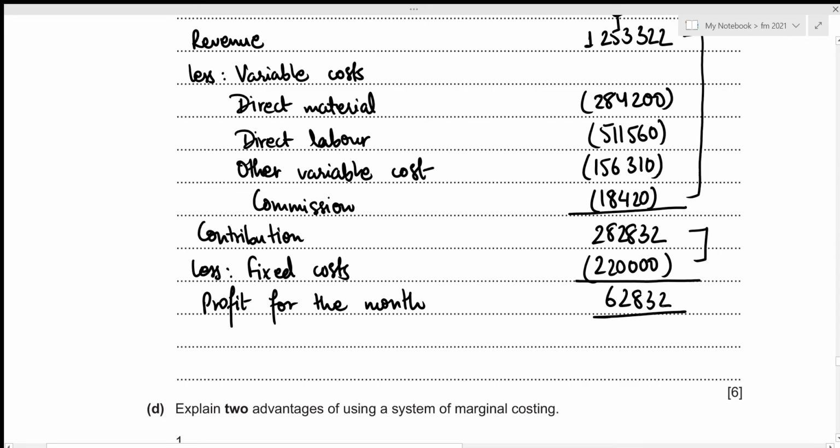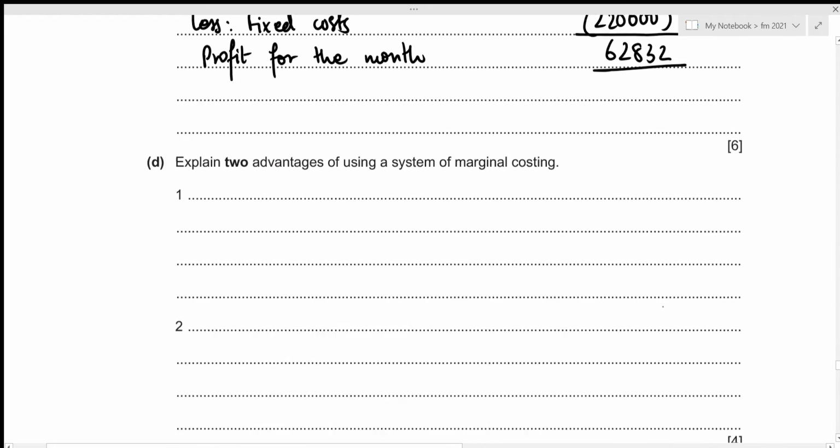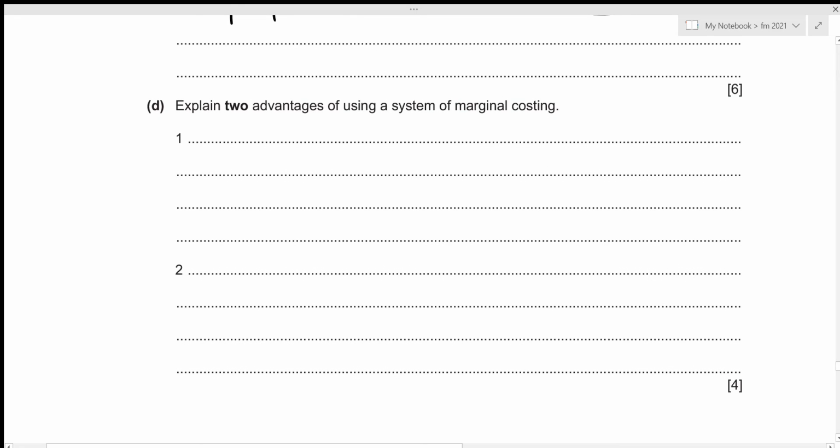Now we can move towards the fourth one. We need to explain two advantages of using a system of marginal costing. Okay, so the very first advantage of marginal costing is that it is very useful for short-term decision making because it focuses on the controllable aspects of business, right? And it does so by separating the fixed cost from variable cost, and the controllable aspect would be the variable cost because we can adjust it. Let's write it down. It is useful for short-term decision making